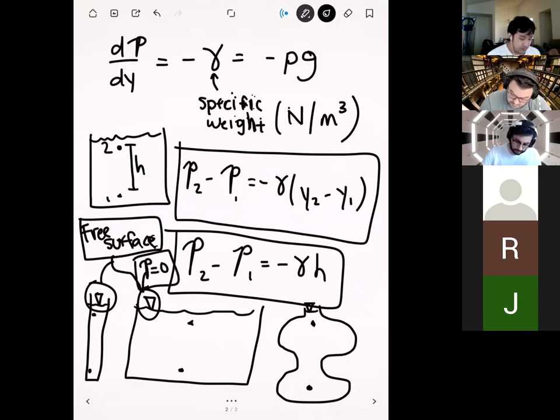Okay. And so this is a really useful reference point for when you're doing calculations, because you can see from our formulas here, the only thing that we can do is pressure differences, right? But if we want to solve for a specific pressure, we need to have some kind of reference pressure from which we can draw our reference. And a lot of the time that reference pressure is going to be the free surface, where the pressure is going to be equal to 0. Okay. All right. Are there any questions on this before I move forward? Okay.